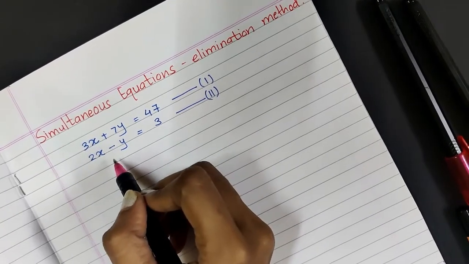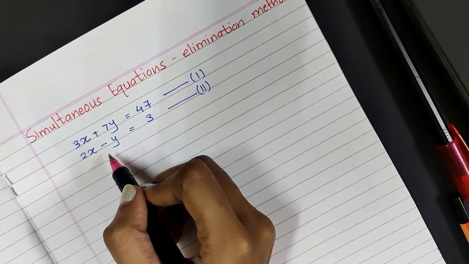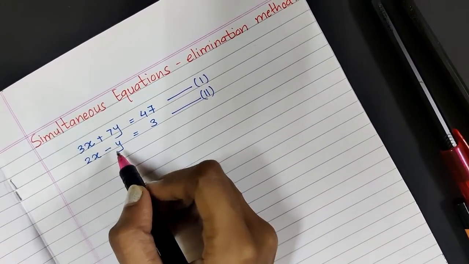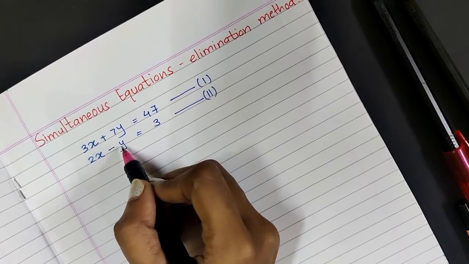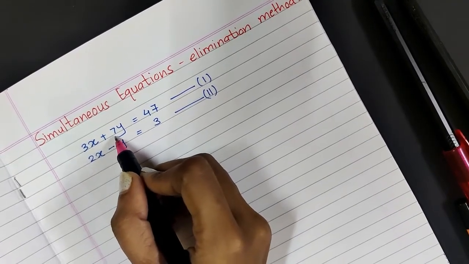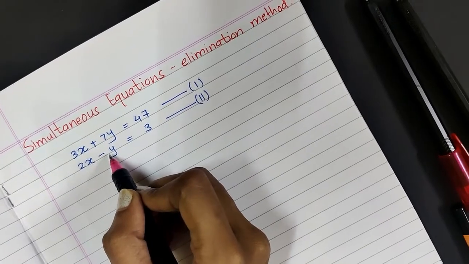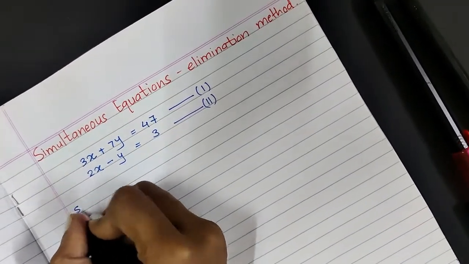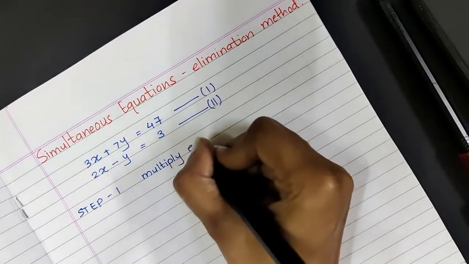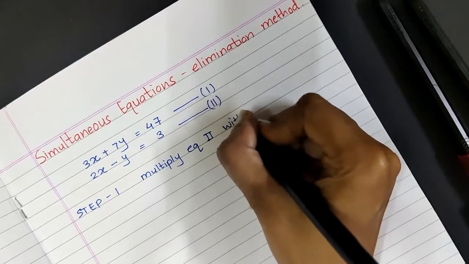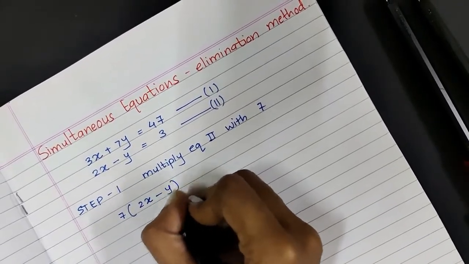So to eliminate that, we have to turn an equation in such a way that one of the variables has the same constant. To make that happen, I will select equation number 2, which has a negative y. If I turn this negative y to negative 7y, then this positive 7y and negative 7y can get eliminated. So step number 1 of solving this type of simultaneous equations is multiply equation 2 with 7. So when I multiply equation 2 with 7, I obtain 7 times 2x minus y is equal to